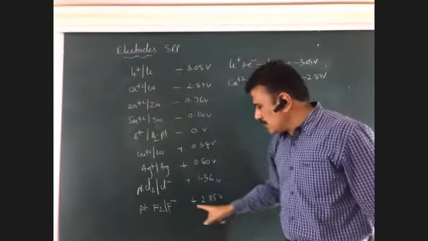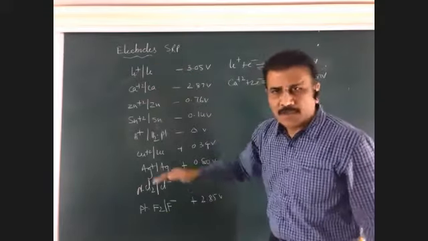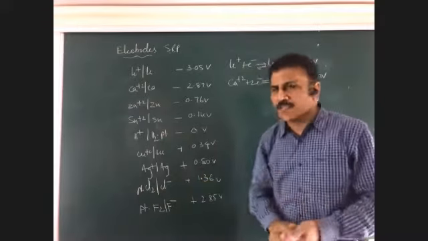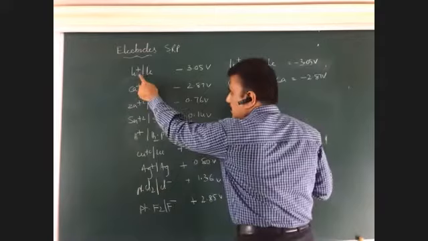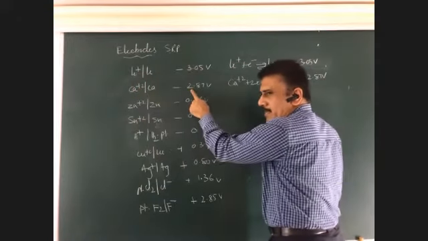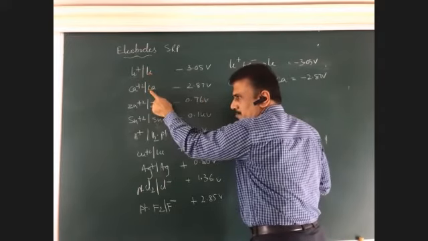Fluorine electrode always acts as cathode because of highest SRP. In between electrodes may act as anode and cathode, depending upon the connectivity. I'll tell you one thing. If this electrode is connected to this electrode, this is a low SRP electrode, this is a higher SRP electrode. So this serves as anode, this serves as cathode.